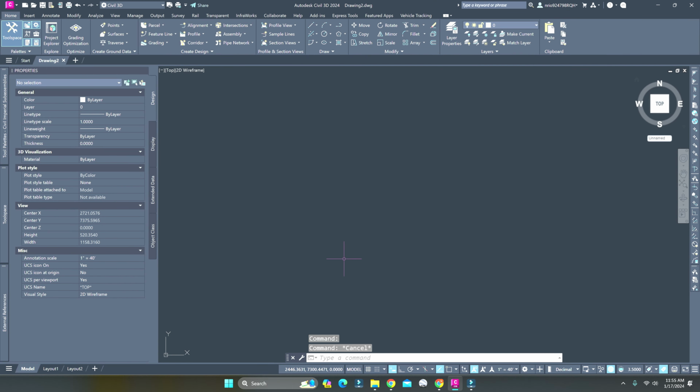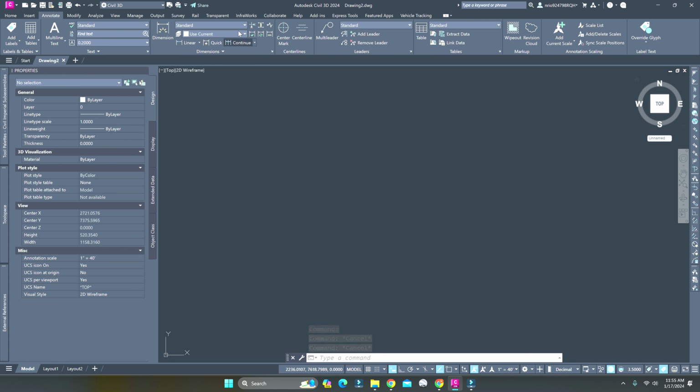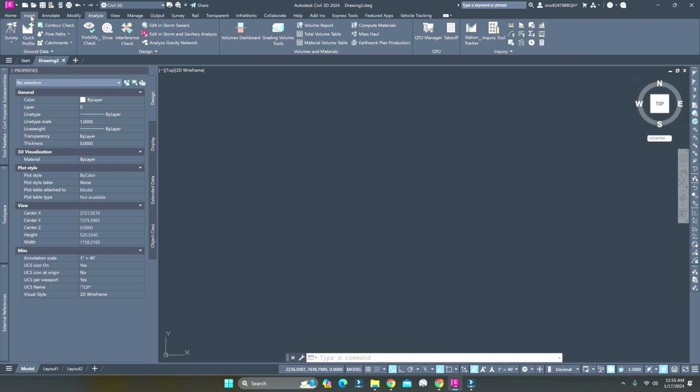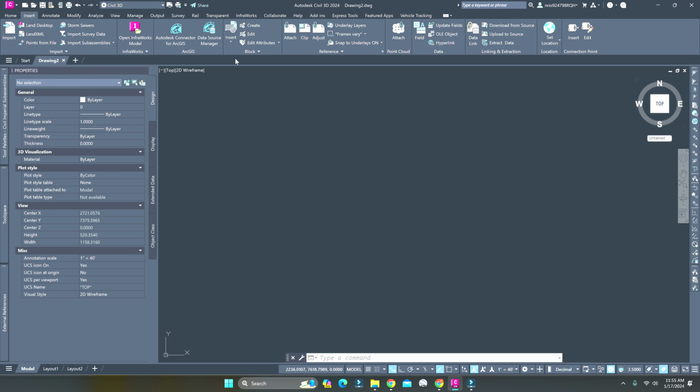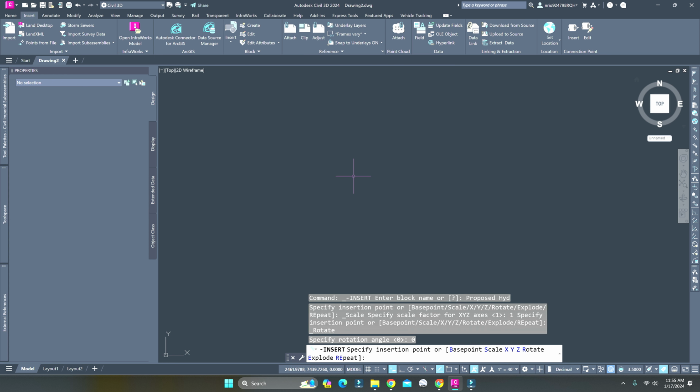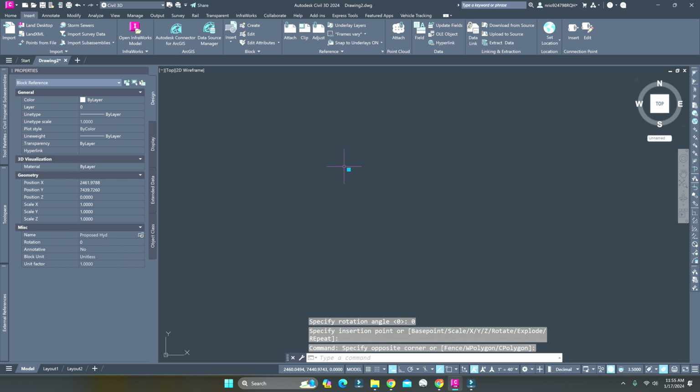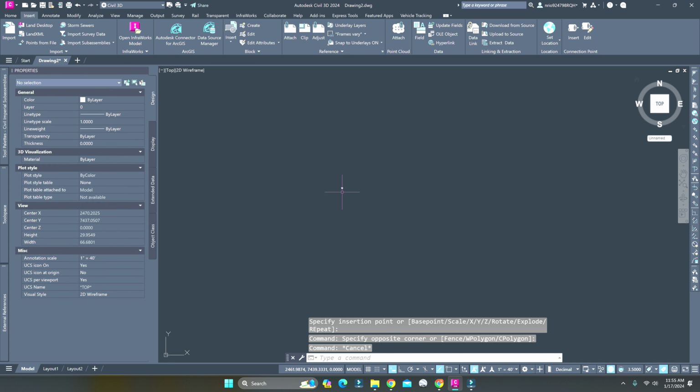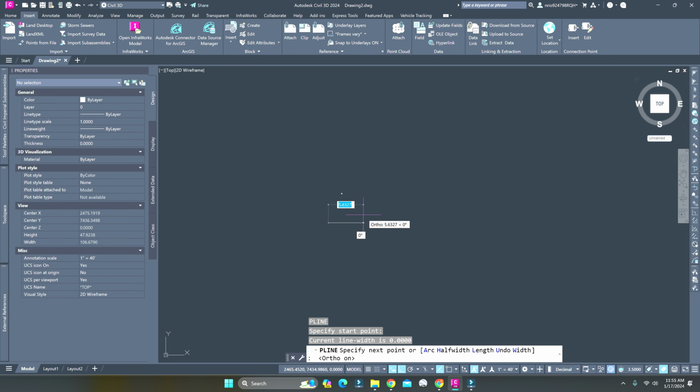Okay, we're gonna go over block creation. If you've ever seen in AutoCAD, they have an Insert tab with a library of stock blocks, such as this one. Say you don't like this proposed hydrant, and it's really small right now. But let's say your hydrant is